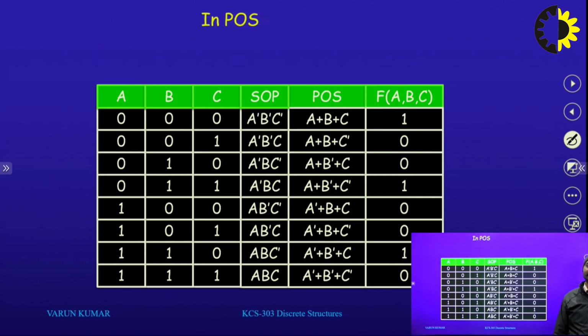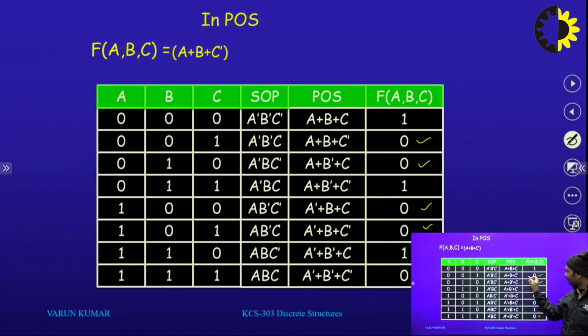And the same function we can denote in POS. So how many times does 0 come? 1, 2, 3, 4 and 5. So we have 5 terms in our POS. The same function can be represented: 0 comes at A plus B plus C bar, and the next 0 comes at A, B bar, C, all in product. Then the next,